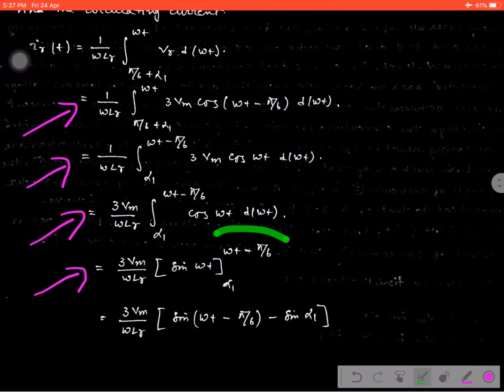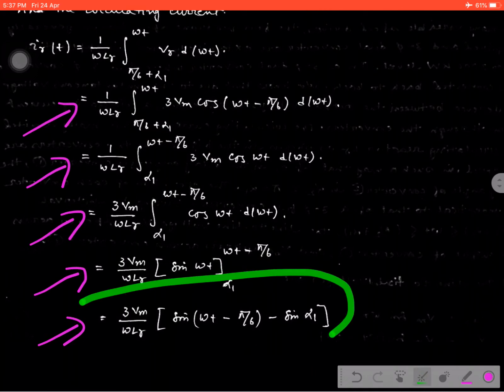Considering the upper limit and the lower limit, we ultimately reach the expression for the instantaneous value of the current: 3 Vm by omega LR times [sin(omega t minus pi by 6) minus sin alpha 1]. This is a very simple application for industry to calculate the circulating current expression during the circulating mode of operation. But keep in mind that during circulating